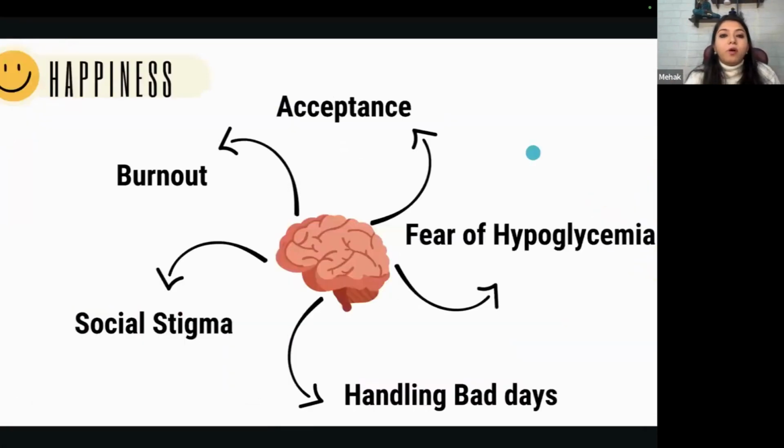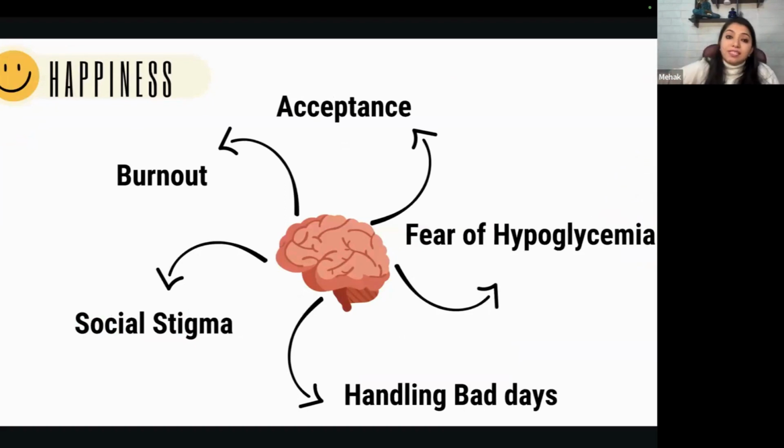So now let's talk about burnout. You know, I was somebody who would not check her sugars for an entire week. And I was in the condition that I get tired. Why do I need to take care of everything? Why do I need to take insulin 6 times a day? Why do I need to do all these things? But